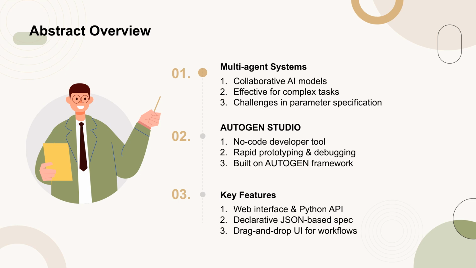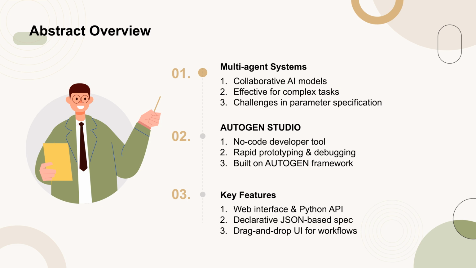To tackle these issues, the authors present AUTOGEN STUDIO, a no-code developer tool designed for rapid prototyping, debugging, and evaluation of multi-agent workflows. AUTOGEN STUDIO is built upon the AUTOGEN framework and offers both a web interface and a Python API. It uses a declarative, JSON-based specification for representing LLM-enabled agents and features an intuitive drag-and-drop UI for workflow specification, interactive evaluation, and debugging. Additionally, it includes a gallery of reusable agent components and adheres to 4 design principles for